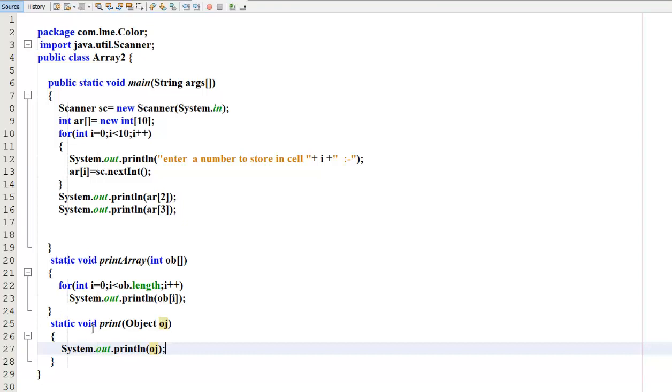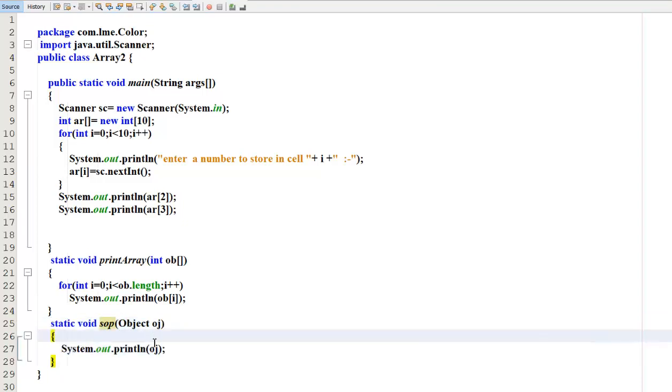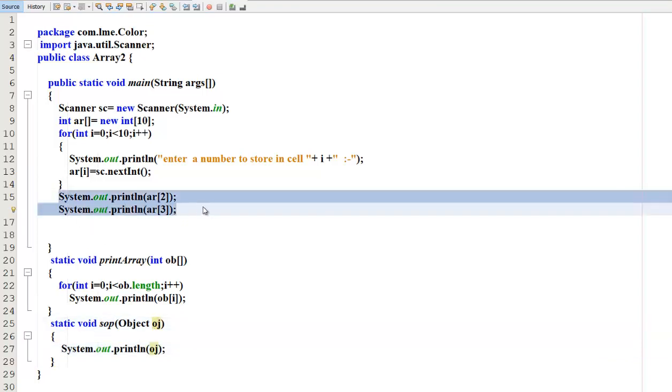Now for the object we will write SOP instead of print, System.out.println. So this is one method we have defined which will print anything that you pass. Instead of writing all this, we will write SOP. It is a shortcut method, and thereafter I will write only SOP.